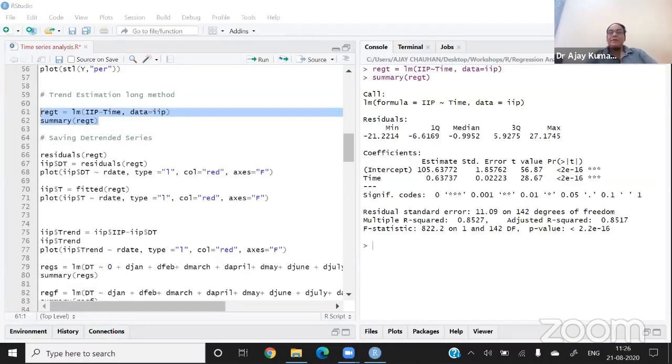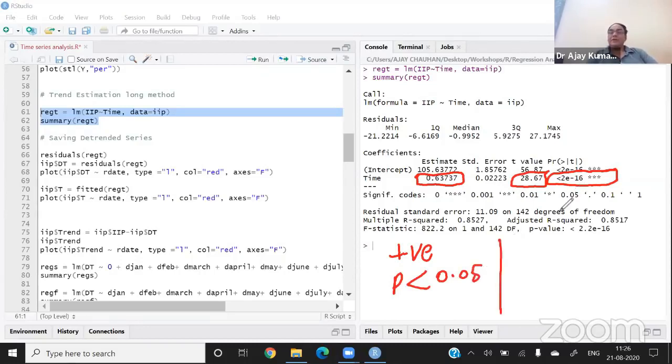This is my trend component, and the sign of this trend component is positive, and the p value, if you can see, is this, and the t statistic is 28.67. So we have a probability value less than 0.05. The conclusion is that there exists a significant positive trend in the movement of IIP.